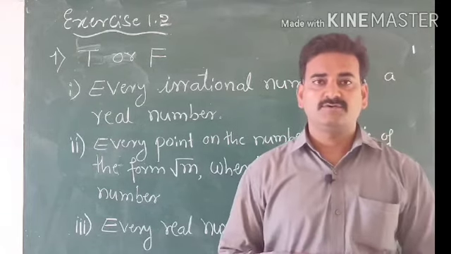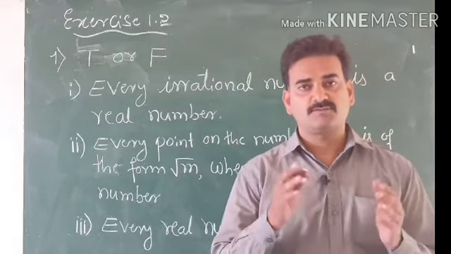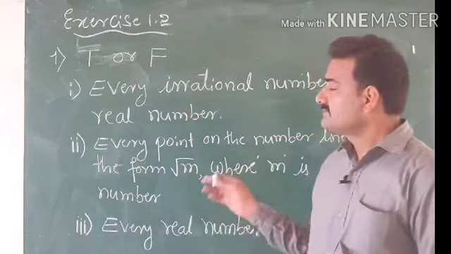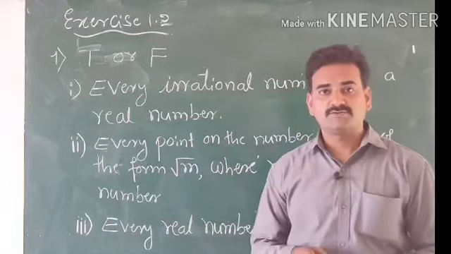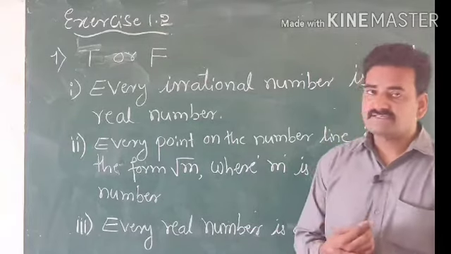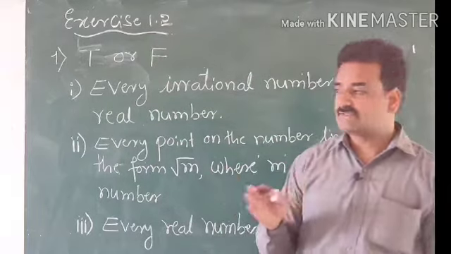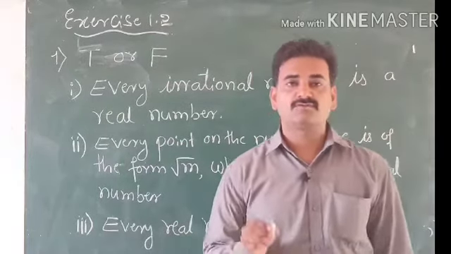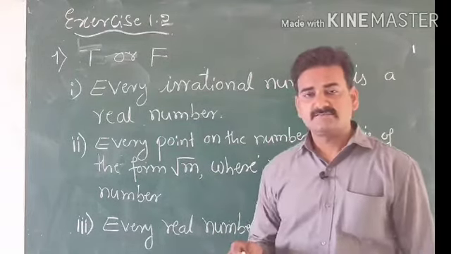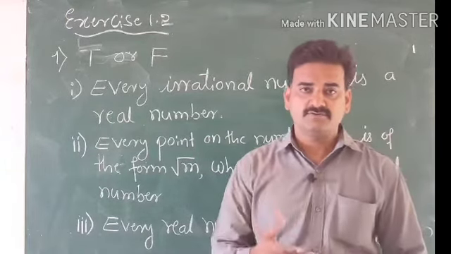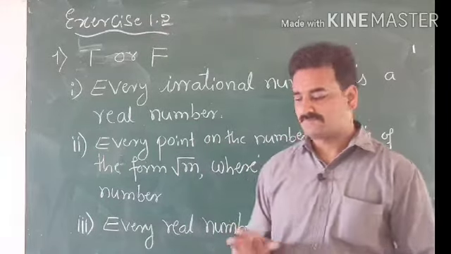In the last video, we covered and completed exercise 1.2, all the problems we solved. Now, today's class, we are going to complete exercise 1.2. In that, the first bit is true or false. Whether the given statements are true or false, you need to justify. Let us keep it simple. Already I have given a chart in the first video. One more time we will discuss that chart and I am going to give simple tricks.